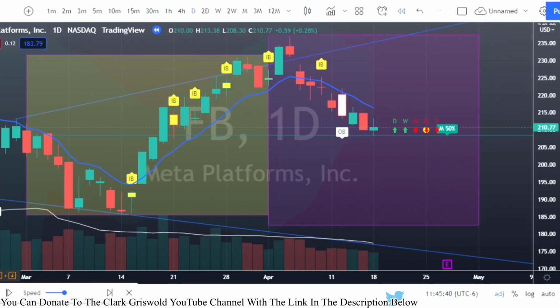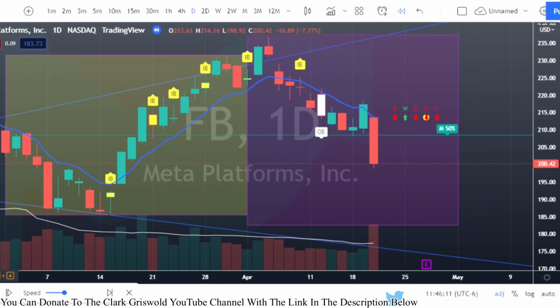Okay, so right there on April 18th, so we're 18 days into the month, we tag that 50% and just break just below it, okay? Barely, though. Okay, that 50% marker is at, looks like 210.77, and we were at, looks like 208.30, okay? If I'm looking at that correctly. So then what happens? Our next bar, we have a 2 up. Okay, and then this is our actionable signal. Okay, right there. So we have a 2 down that finished green.